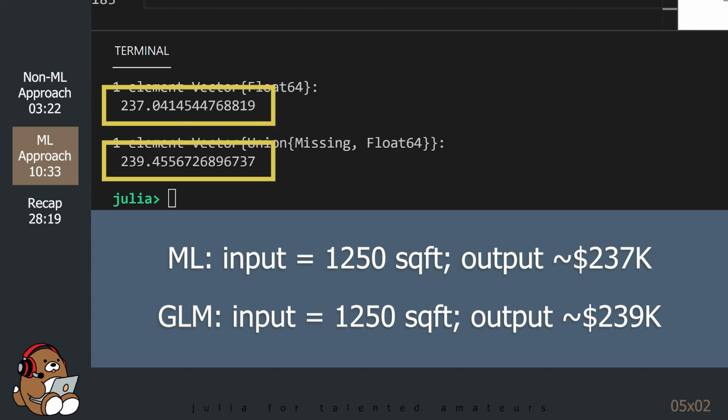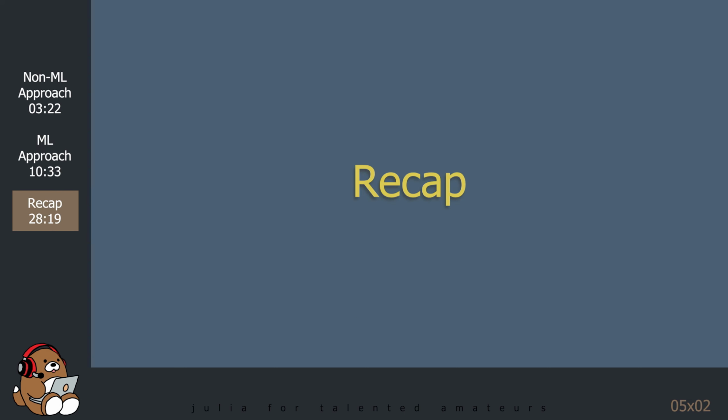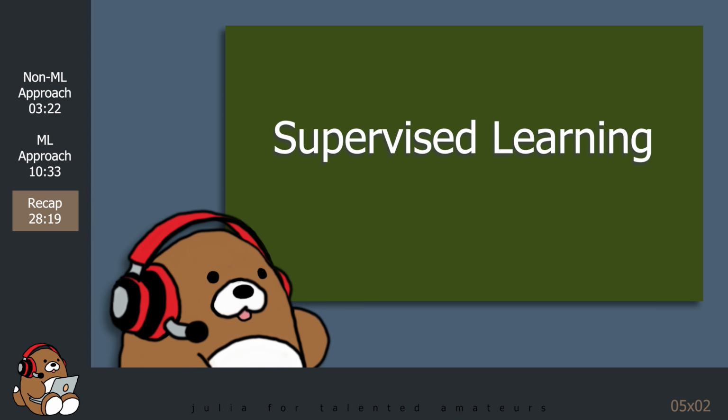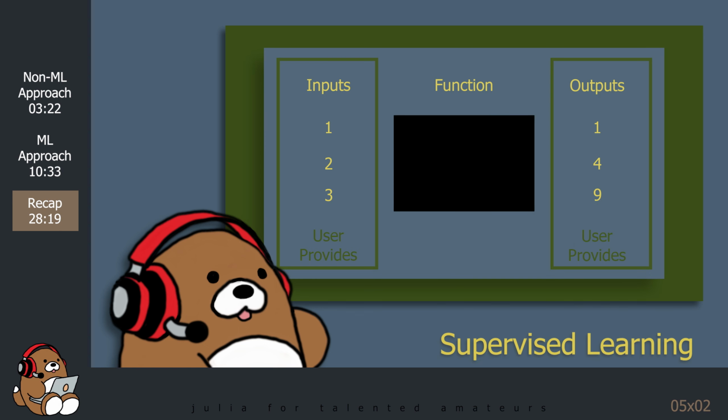I know that I covered a lot today, so let's take a few minutes to recap what we just learned. Today, we got an introduction to supervised learning. Supervised learning is when the user provides both the inputs and the outputs, and then the computer tries to estimate the function that determines the relationship between the inputs and the outputs.